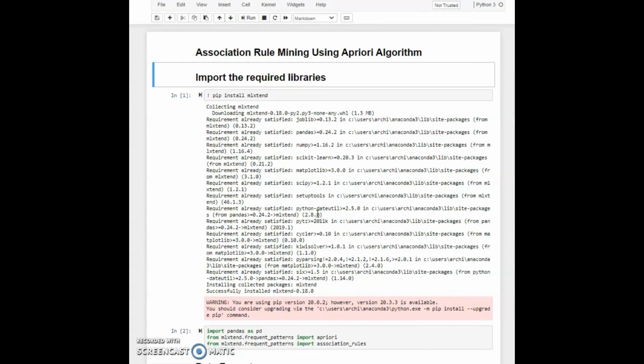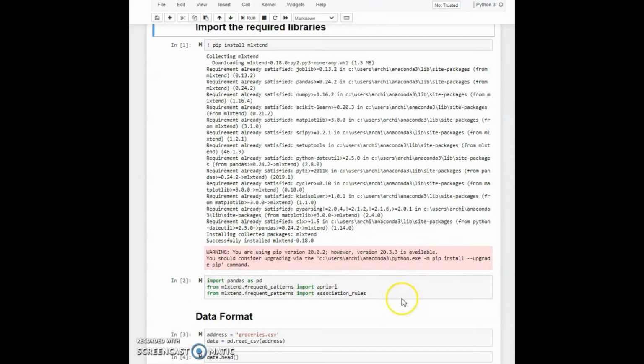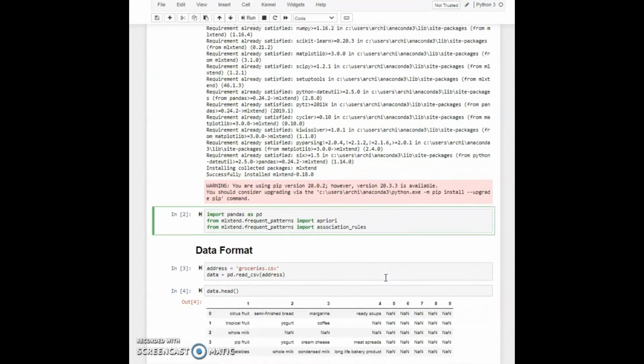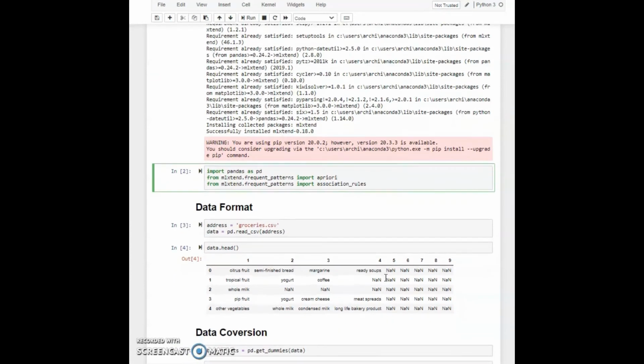Then we need to import our libraries in cell 2. In this demonstration we are going to import pandas as pd, and then from our mlxtend we are going to import the Apriori algorithm as well as association rules.